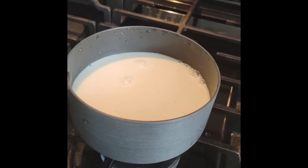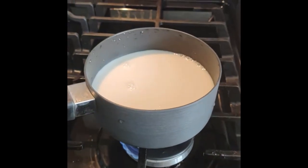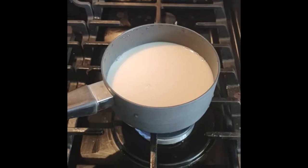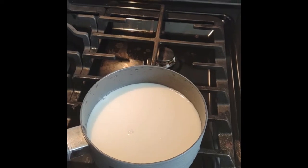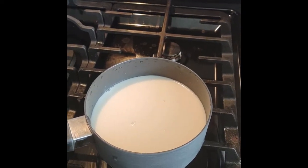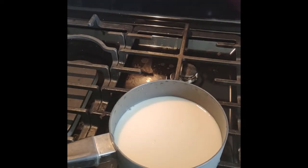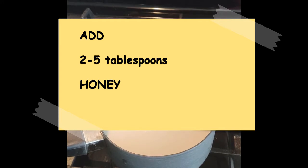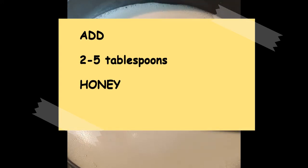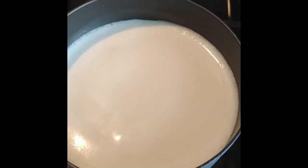I'm going to turn this on low and let that heat up as I add the other ingredients. As I heat this up, I'm going to wait till it actually bubbles up. I'll have a couple minutes. But in the meantime, I will add some honey. I'm going to go with 2 tablespoons. As you look at this, you will see the bubbles starting to form, so it's time to add our peanut